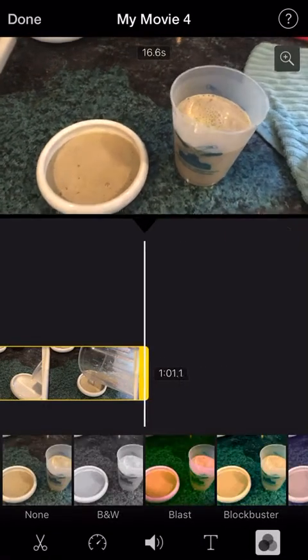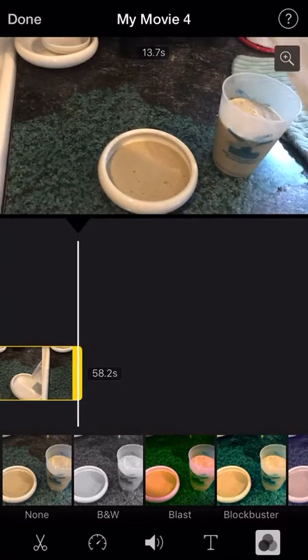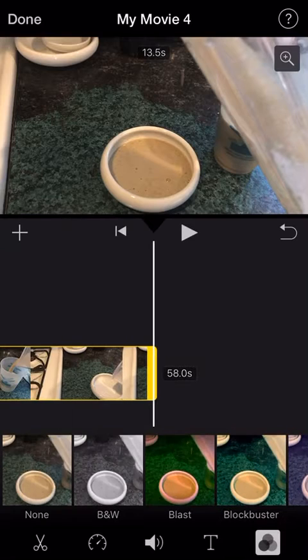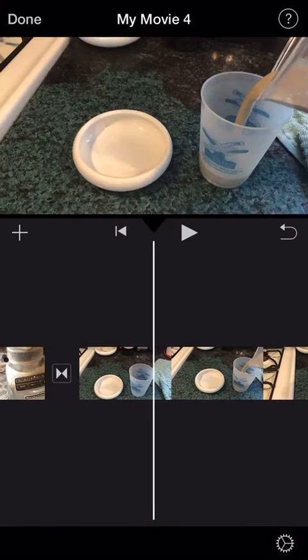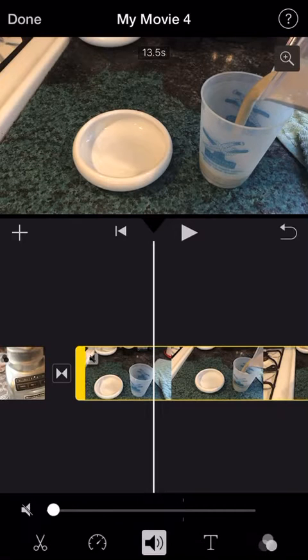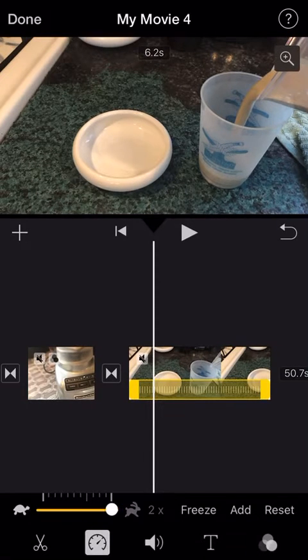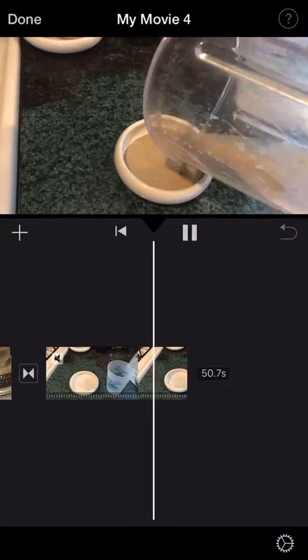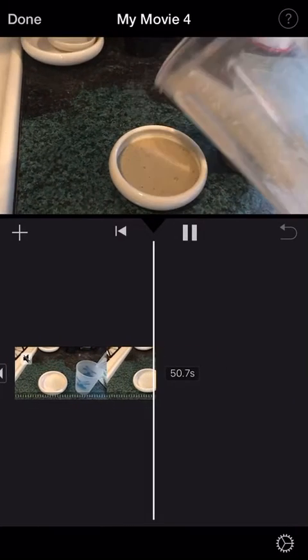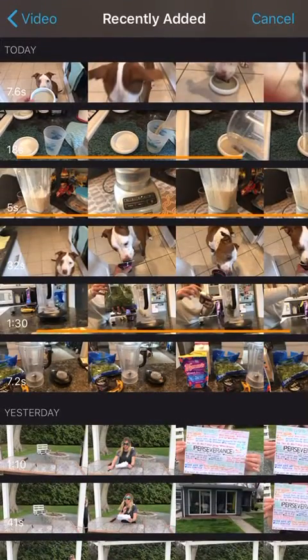I definitely don't need that part over there. And maybe I want to speed that up too. So let's put the volume down. Let's speed it all the way up. All right, and let's add,